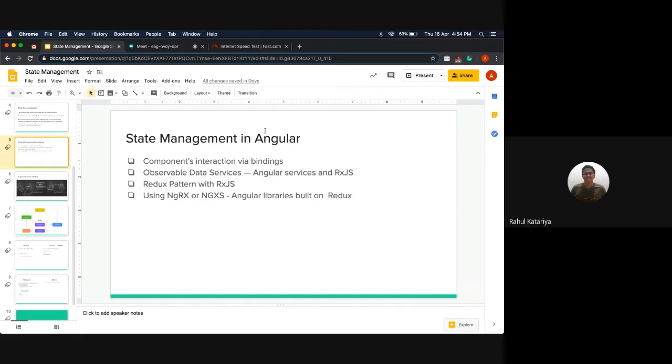So is there a difference in Angular between event management and data services, or are they the same? Data services. Okay. Yeah. So we are here saying observable data services, right? And the example we are taking is a button click, which is an event where something is changing. I don't know Angular, so treat me like a novice here.